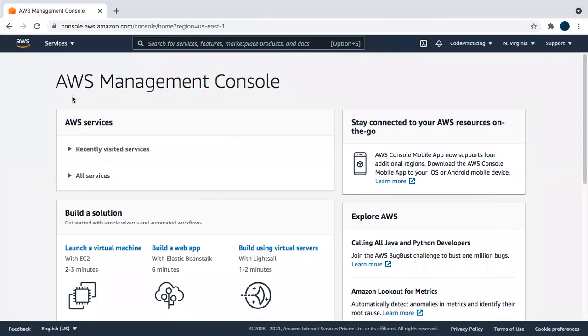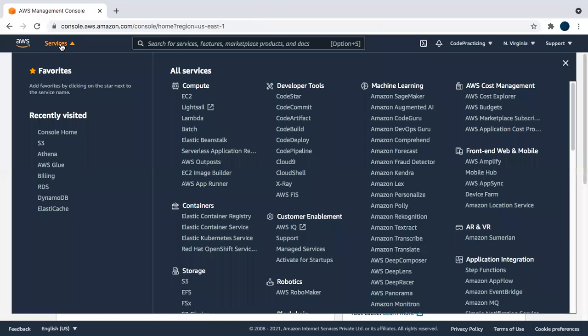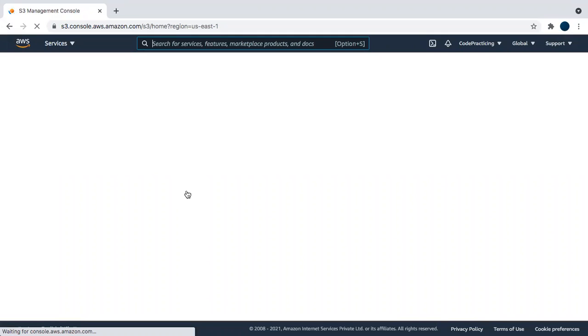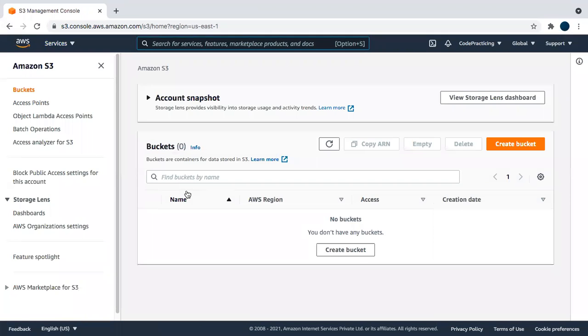Yes, I already logged into my AWS console. So we'll go to S3, which is under storage. Here we'll first create an S3 bucket. This is required to store our query results on S3.